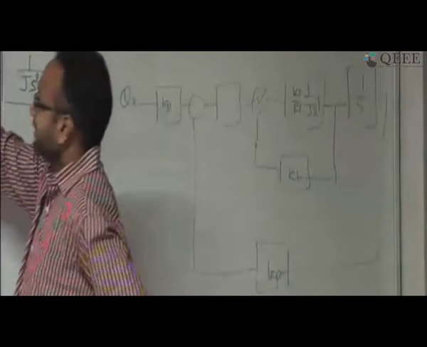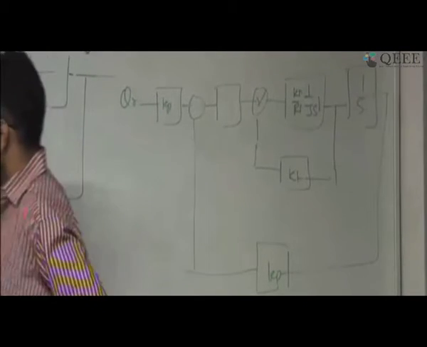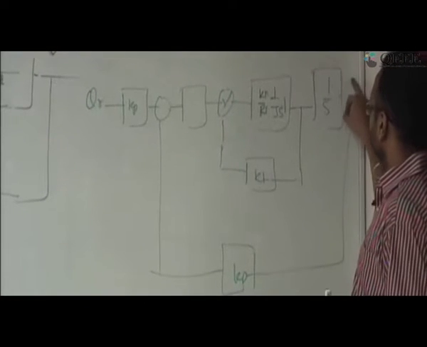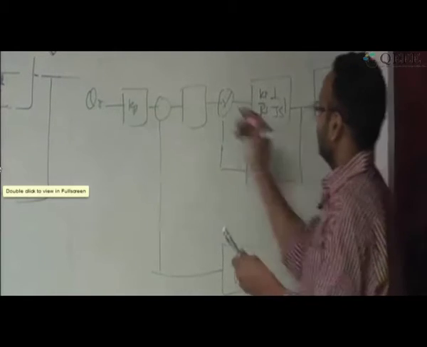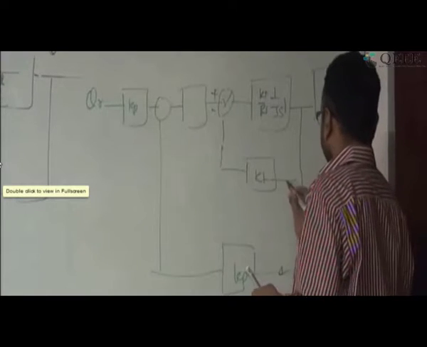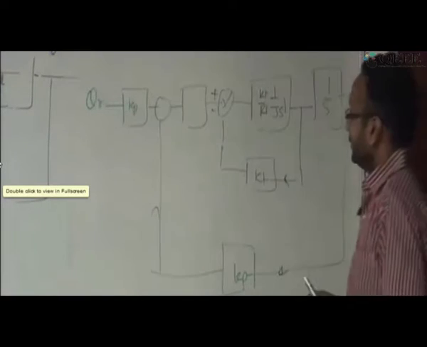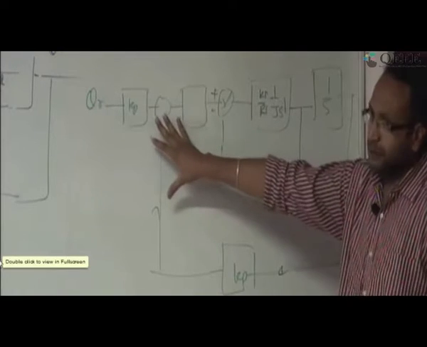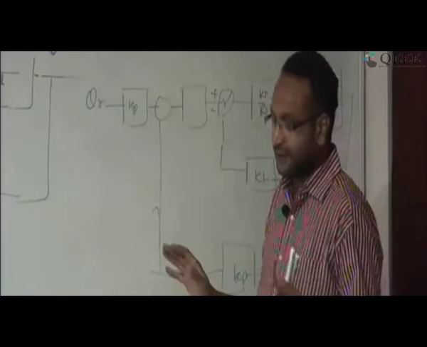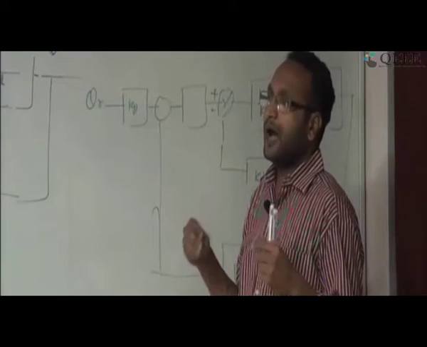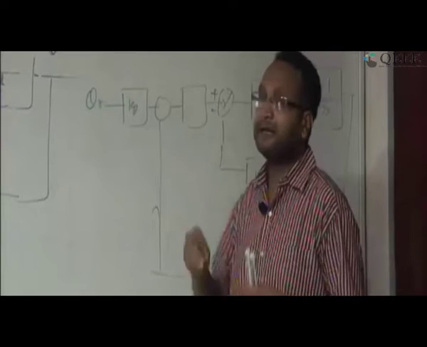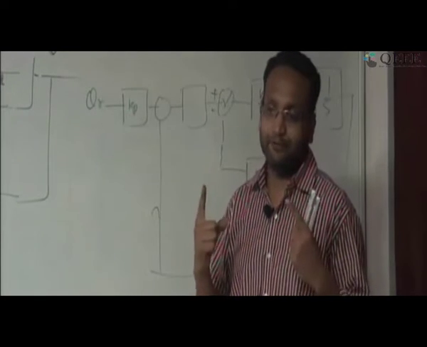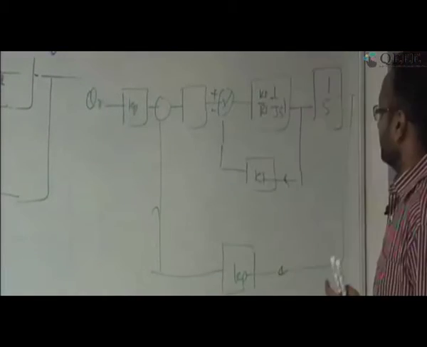Please note it. I want to repeat it again. Now, derivative of the output, in this case 1 by Js and 1 by S, this is like a derivative of the output. I have taken it and fed it to this block diagram, and this is going to be your final output. So now this is not actually the derivative controller. I am using a controller where I get the feedback path derivative of the output. That is a very important point. I want to emphasize it, and this entire system is working.